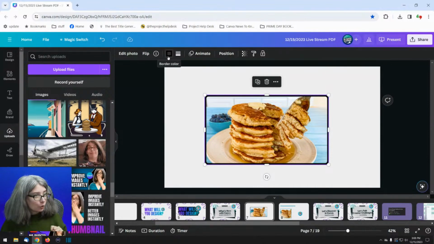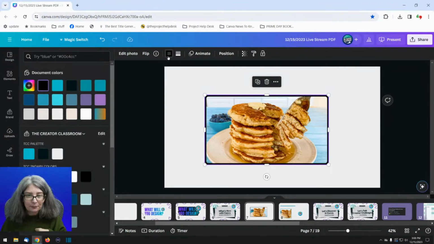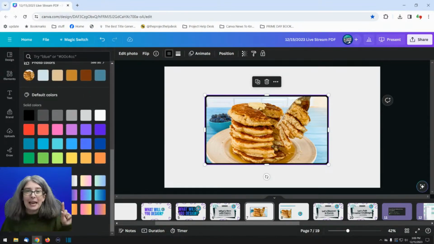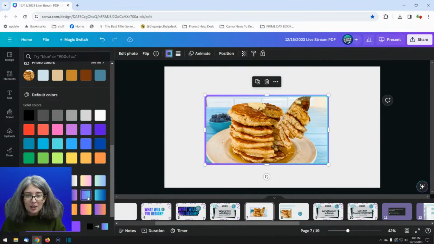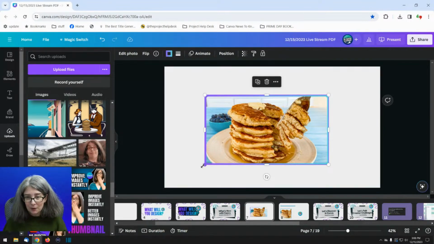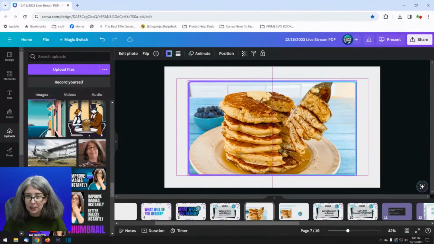So we're going to go right up here to the solid color. We're going to click that and watch. I'm going to scroll down, and now gradients is an option, and this was not the case before. So we can just add a simple gradient to our image, and do you see what happened? It's now a gradient right around it.